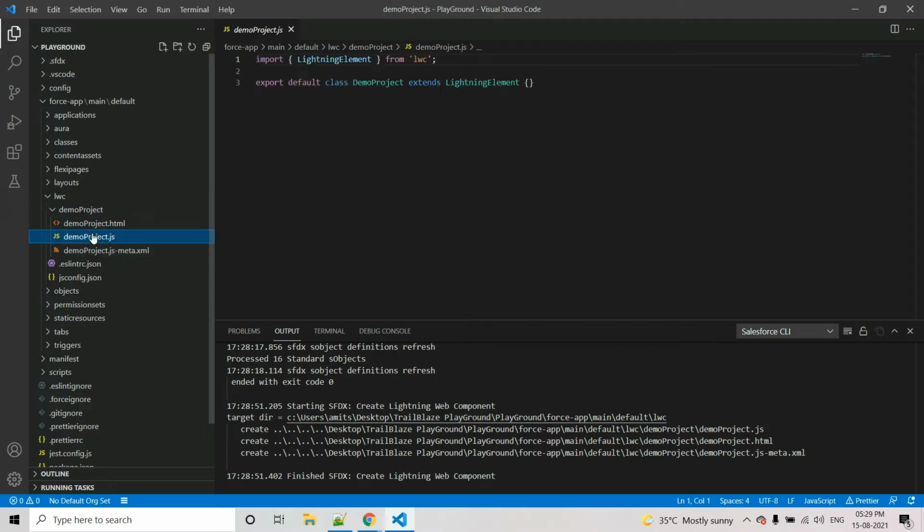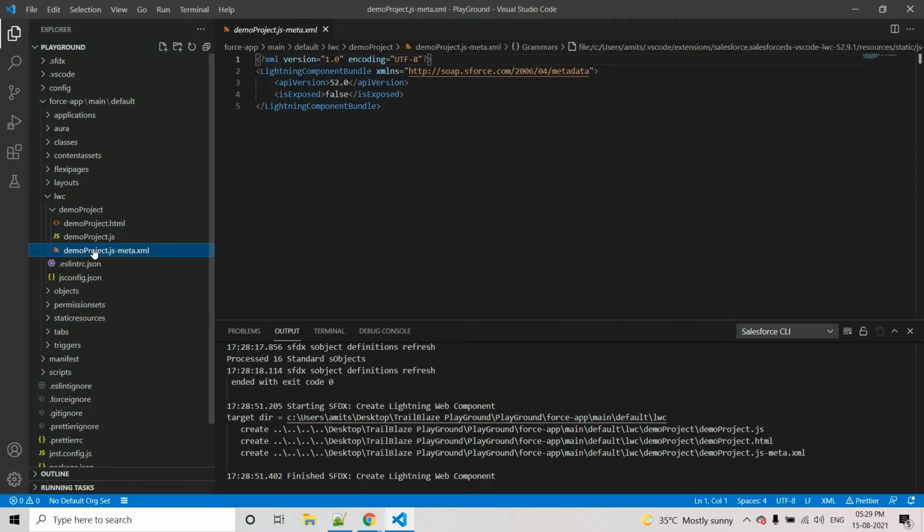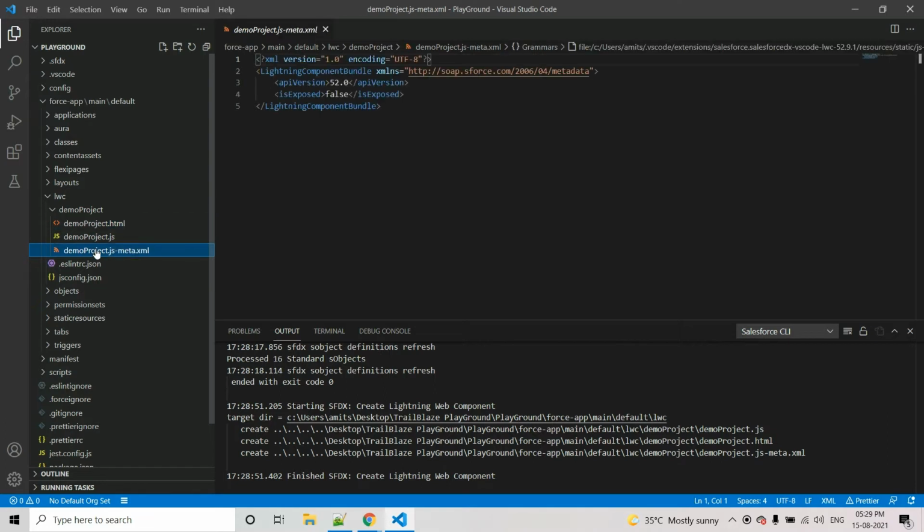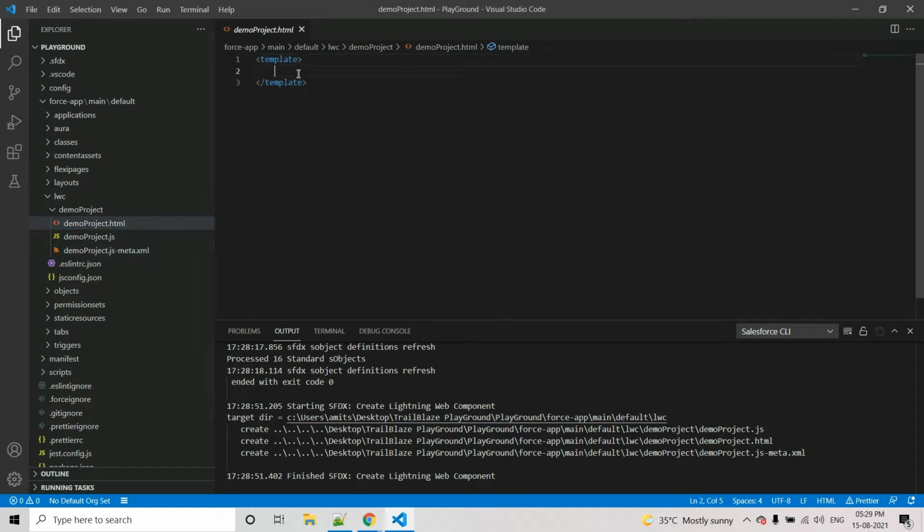I will show you the use of all these files, but sticking to this tutorial, I will show you how to use the HTML file and XML file only in this current video. I will show you the JS file in my later videos. Okay, then click on the HTML part, and I will write a header, and then I will write a line which I will display on the home page and on the dev console also.